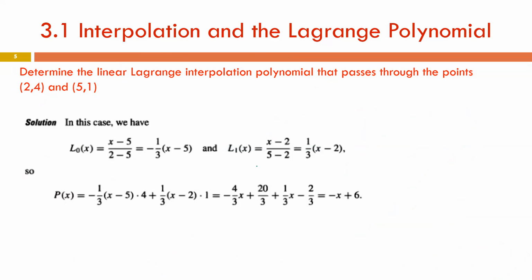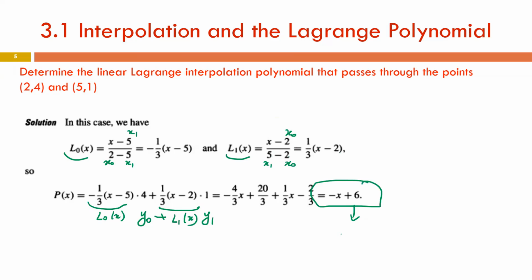Then here we have to calculate L0 and L1 using the formula: L0 is x minus x1 over x0 minus x1, and L1 is x minus x0 over x1 minus x0. Okay, and then you replace: this is L0, this is y0, this is L1, this is y1. This is the formula, and this is the final result. This is the linear, degree 1, Lagrange interpolation